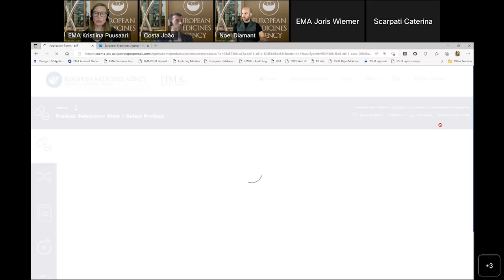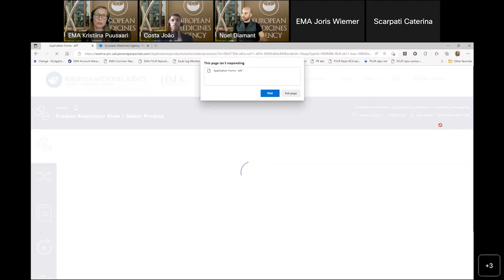And of course, when you are entering the system, you will only be able to select from products that your marketing authorization is associated with. If you're a marketing authorization holder, you will have products that are associated to you. If you're a consultancy, you will have products that the marketing authorization holders you're working with have associated with you.